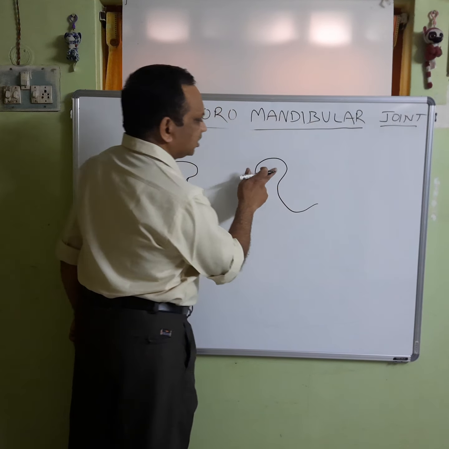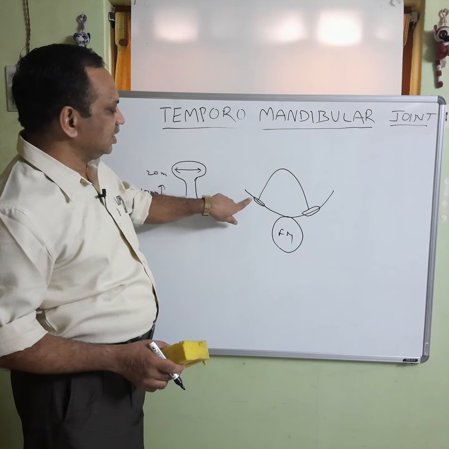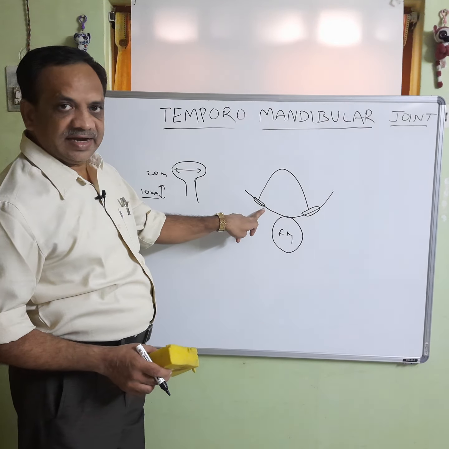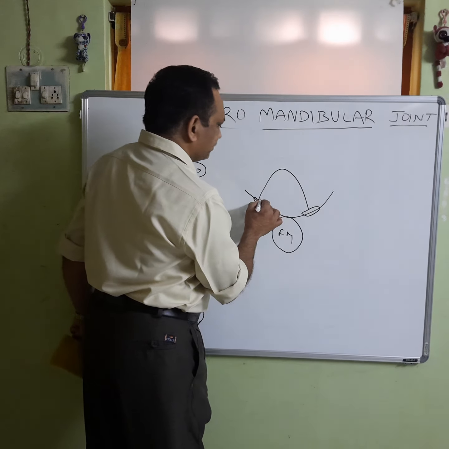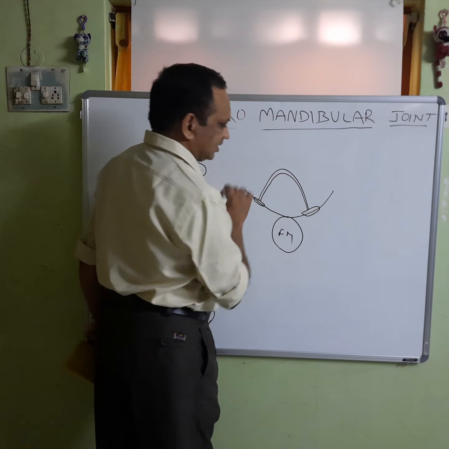If we see both condyles, they are arranged at such an angle that their axes, if extended, form a circle which passes through the anterior margin of the foramen magnum. So, this is the angle at which they are arranged. The lateral pole is a little bit anterior to the medial pole. So, this is about the condyles.